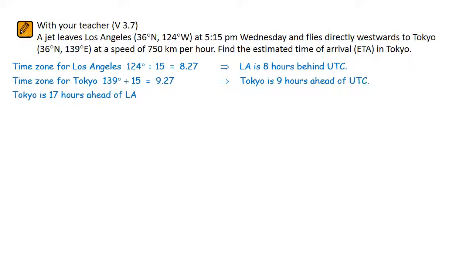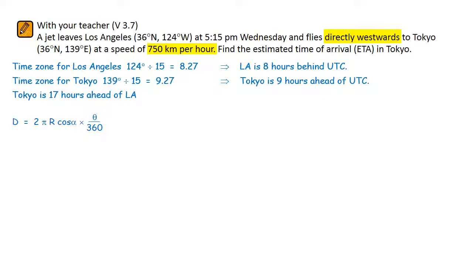Now we find the distance. Two things that you should have noticed in reading this question. Firstly, the speed of the jet was given in kilometres per hour, which means that we need to find the distance in kilometres. And secondly, the jet was flying directly westward. This means that it was not on a great circle route. For distance east-west in kilometres, we need to use the formula d equals 2 pi r cos alpha times theta over 360. Alpha is the latitude of travel, 36 degrees, and theta is the difference in longitude,